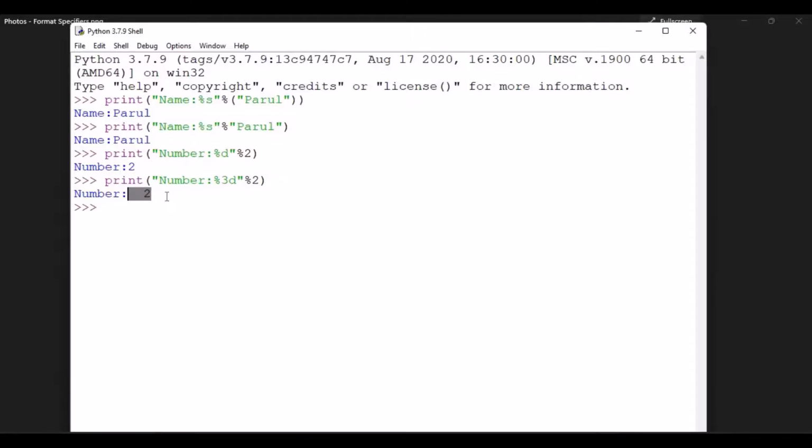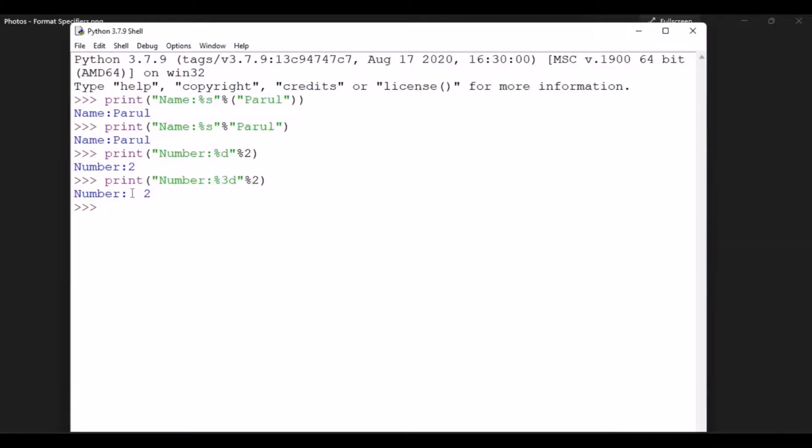What do we call them? These are placeholders, yes, but they are also conversion format specifiers, right? So they specify a certain format. You can convert the format of the output. So here, when I use 3D, when you say 1D, it means one integer. So a percentage D is going to provide you with space for one integer, right? When you say 3D, it's going to provide you with space for 3 integers, and if there are not 3 integers,